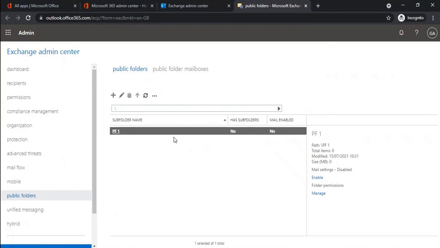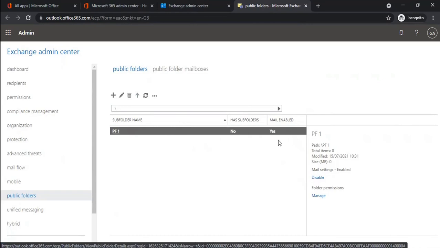So as of now, the public folder is mail disabled. Under mail enabled, we can see no. That means this public folder is not mail enabled. If you want to change this public folder to a mail enabled public folder, you can click on enable, click on yes, and this public folder will be changed to mail enabled yes.